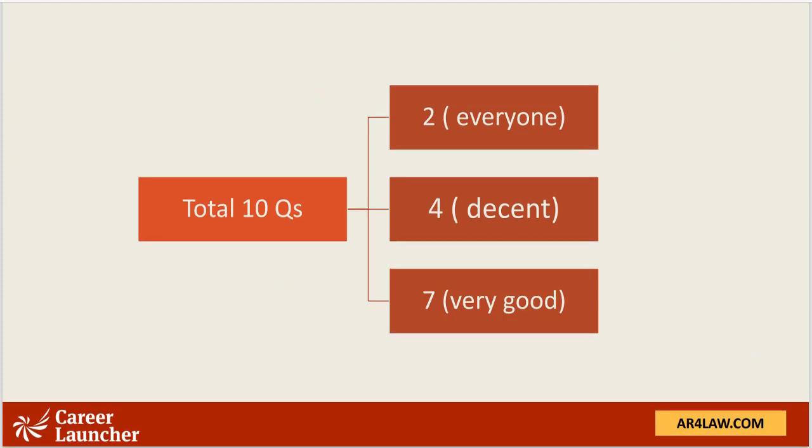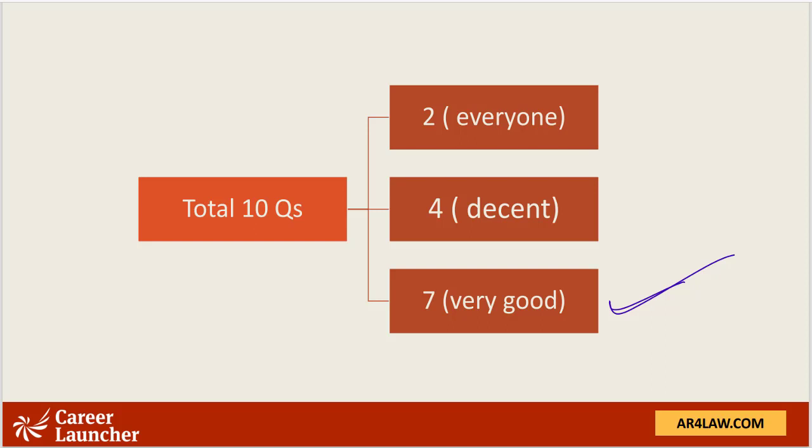So if I have to categorize the questions as to what could have been an ideal attempt, there were a total of 10 questions. On the higher side, someone who's very good at maths, knows all the modern maths concepts, knows the formulas, 7 for sure. Leaving the log question, the PNC question, and that installment question, because they would have been lengthy. So 7 is for somebody who's good at maths, has good speed, knows all the formulas, is good in formula application. 7 should not be a problem.